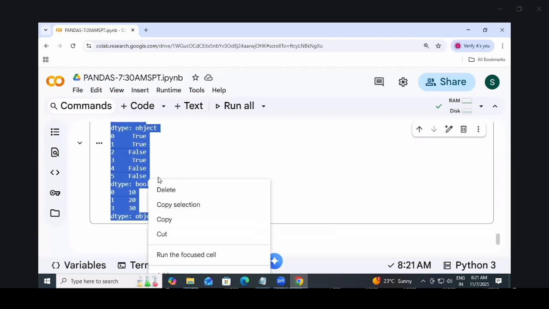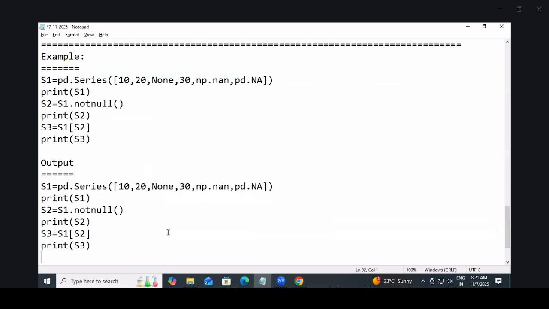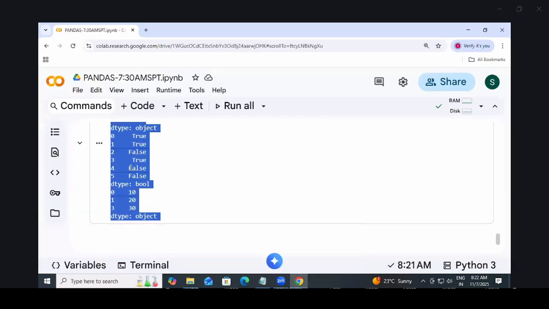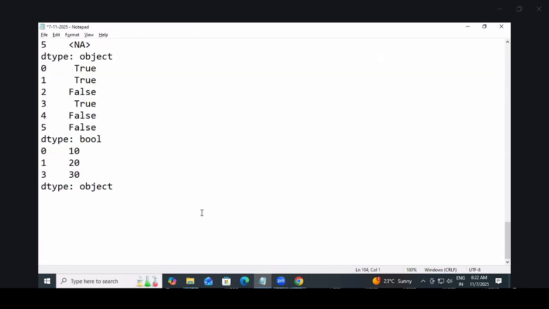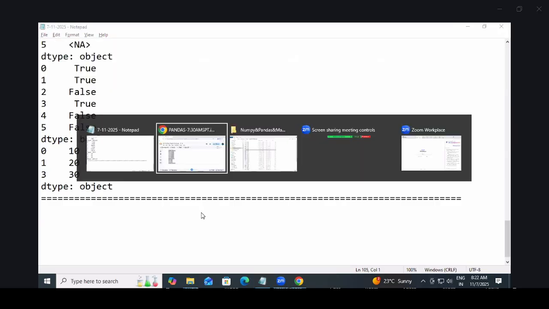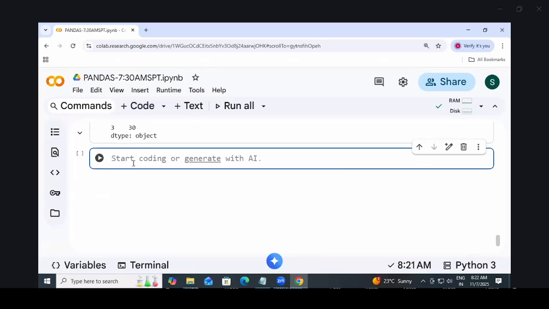See, for example, suppose, okay, assume that, for example, there is one series. See here,